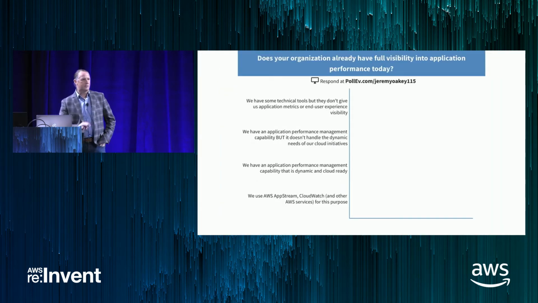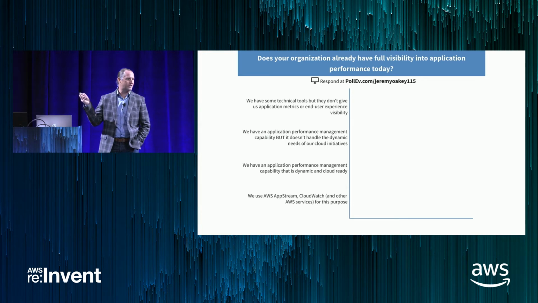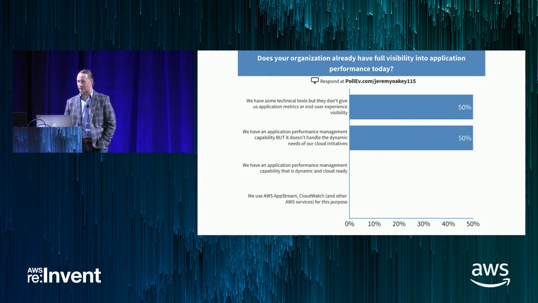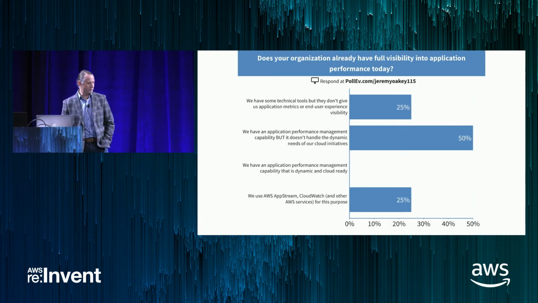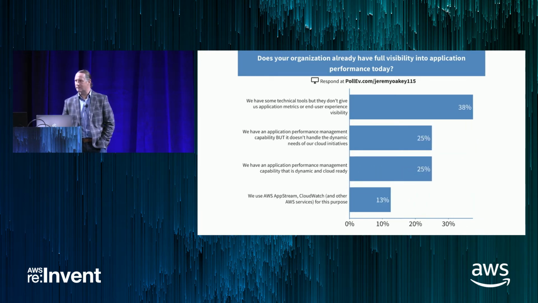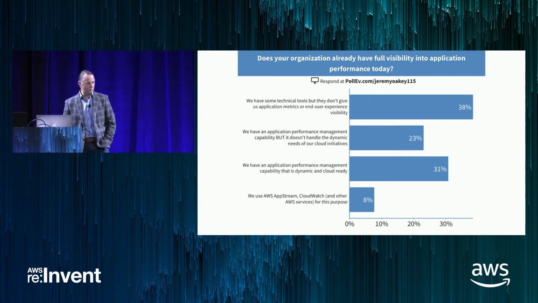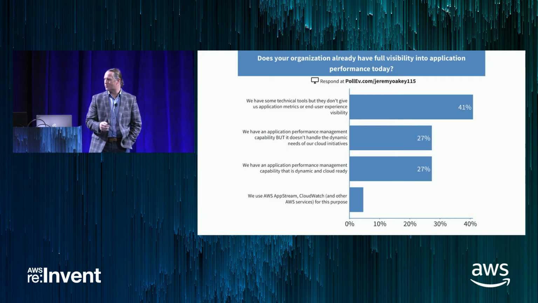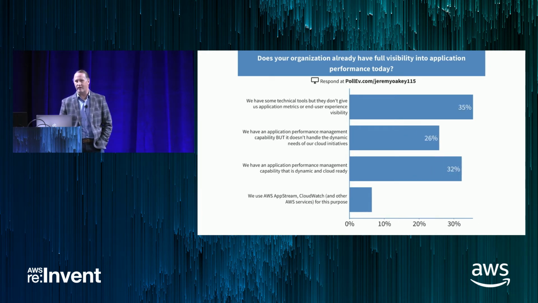Okay? So let's talk real quick, another polling question. Do you already have full visibility into application performance today? I just showed you a product that went out and showed you who talks to who with a quick discovery. Do you guys already own that today? Technical tools, but maybe they don't give you that. Sometimes we have tools that show us just lists. Other times we have tools that aren't dynamic. Some of the older application performance management tools were fairly static. You had to tell it about an application and then it knew what talked to it, but it's not dynamically learning the environment and reading changes in real time.